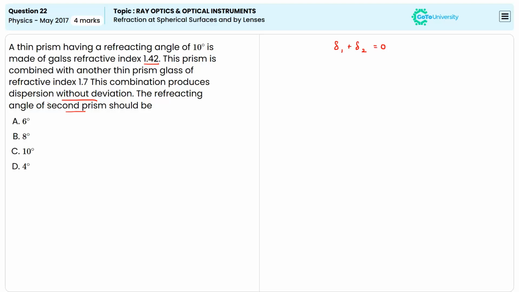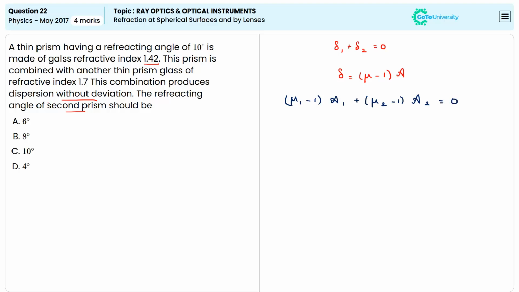The deviation caused by a prism can be written in the formula δ = (μ - 1)A, where μ represents the refractive index and A represents the refracting angle. So for two prisms, we can write (μ1 - 1)A1 + (μ2 - 1)A2 will be